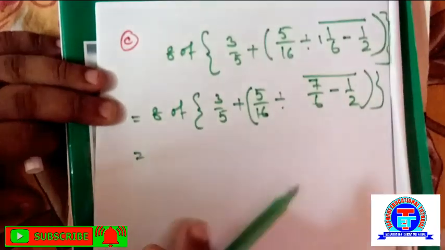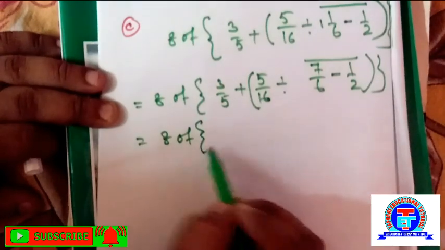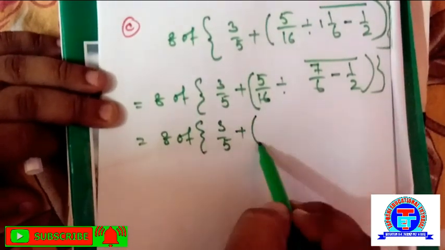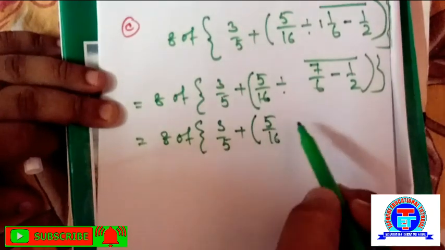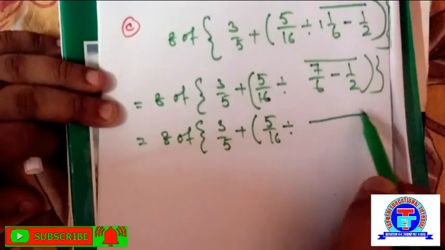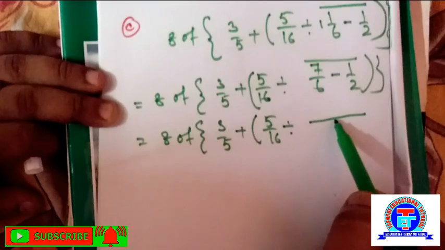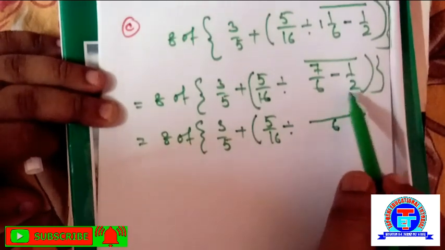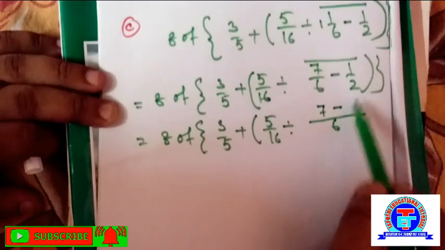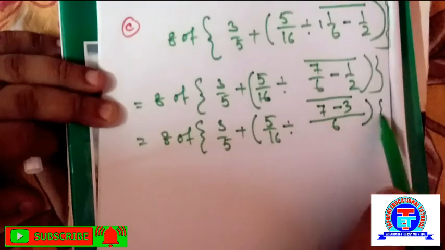Now we solve this one will become 8 of this one curly bracket 3 by 5 plus this one first bracket 5 by 16, this one divided sign. Now do the LCM. What is the LCM of this one given? 6. Okay, 6 is the LCM of the given two numbers. So 6 1 is 6, this one 7 minus this one 3. Okay, so now it will become